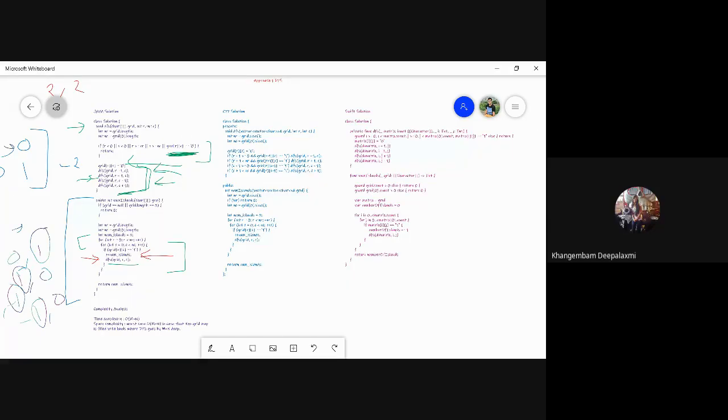Right. But still it will take order of m into n space because of the recursion part. So you need to explicitly tell the interviewer that I do not consume any extra space, so the space complexity is order of 1, but because of the recursion, the stack will consume order of m into n space. Okay, got it.